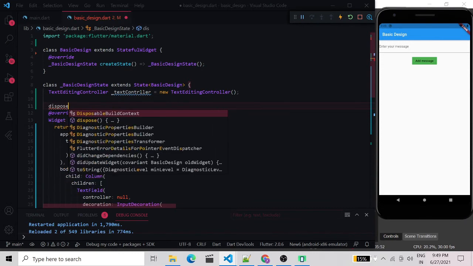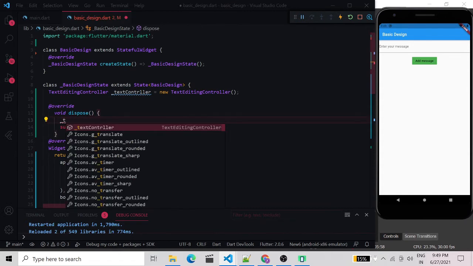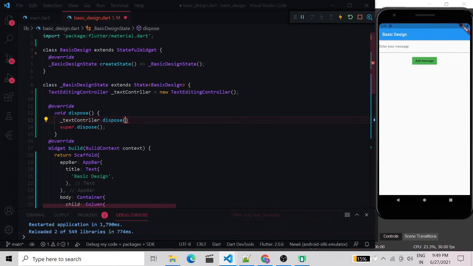Just type dispose, and you can see a method, and in the to-do, dispose the text controller. You can see this difference if you build a complex UI or multi-page UI. So the performance of the app can be observed or can be known at that moment.